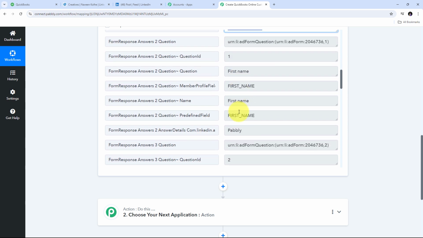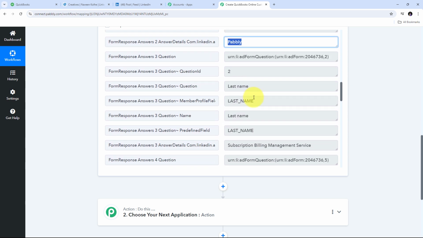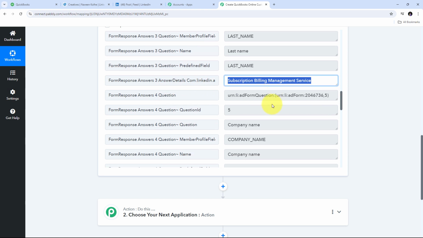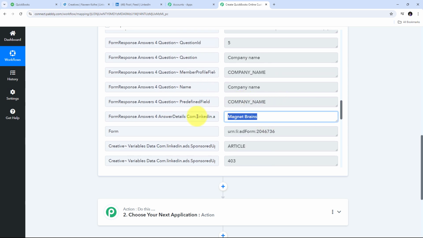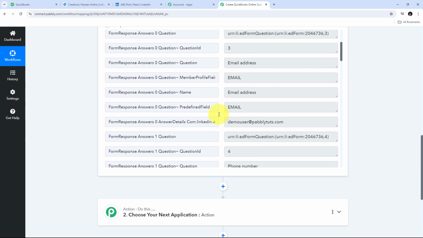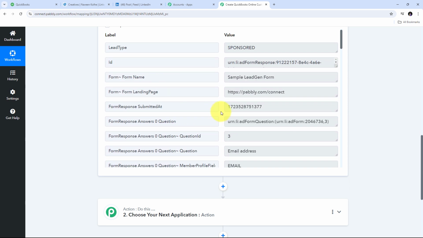I have the first name, that is Pabbly. I also have the last name, that is Subscription Billing Management Service. I have my company name, that is Magnet Brains. So here we can see I have received all the detail of my lead that I have generated by using my lead form in LinkedIn lead ads, and automatically as I have submitted that form, I have received this detail